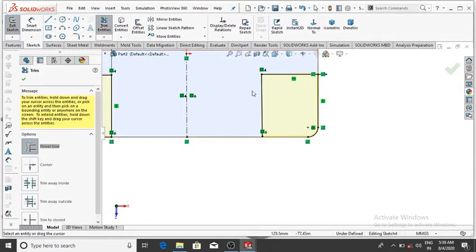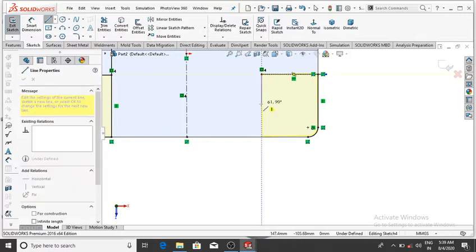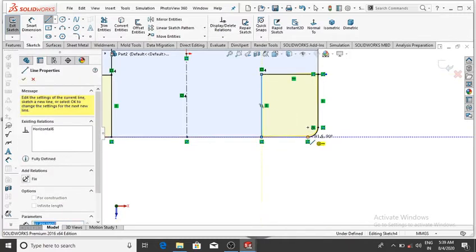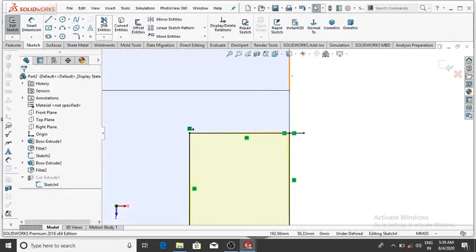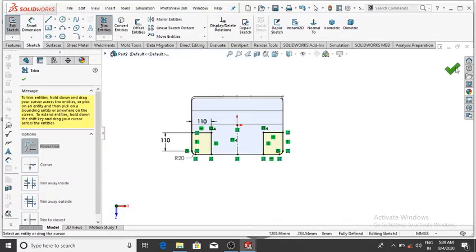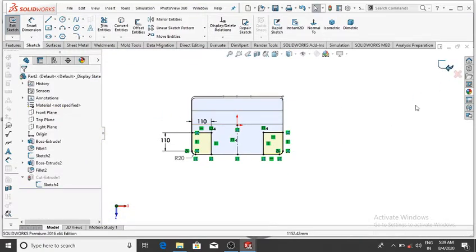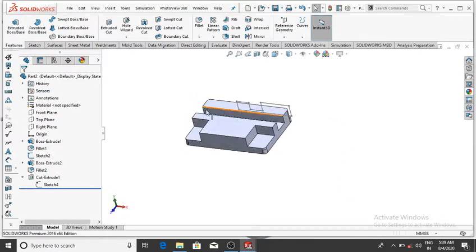Now trim this also and select this line up to this point and trim this sketch, then OK, and exit the sketch. Now we trim this part.